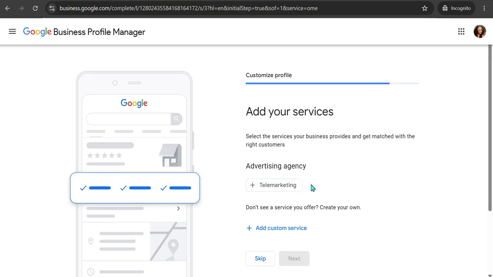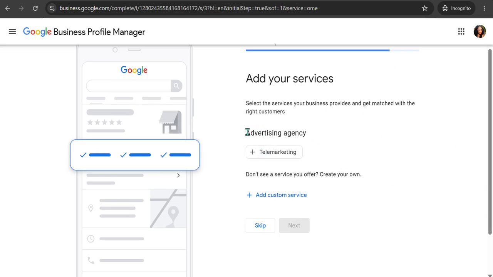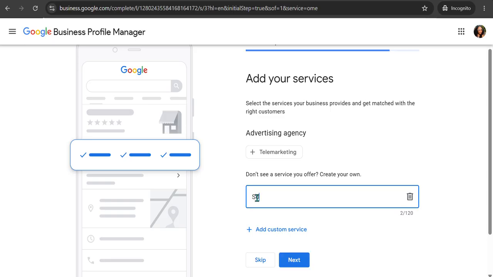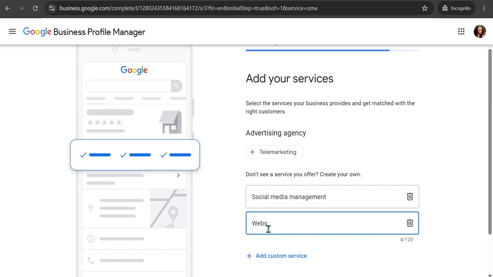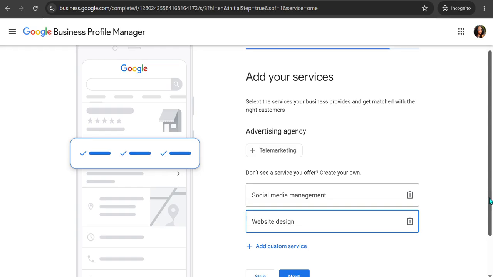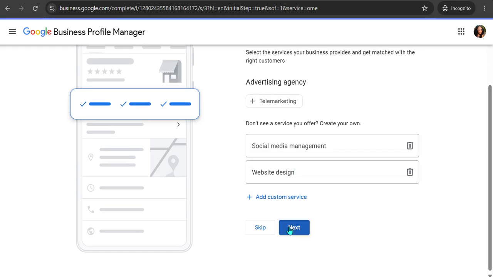and then you add your services. What services do you offer? This is just a suggestion based on my category. If you do not see a category here, please click on add custom service. For instance, I will add social media management, and I can even add website design. Any of the custom services that you offer that is not here, please add it, and then click on next,